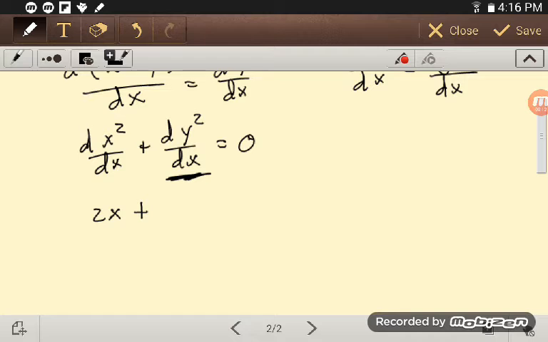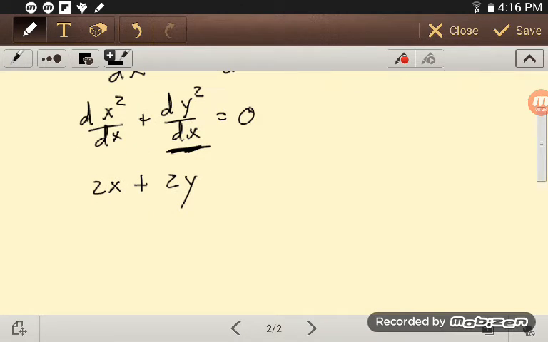Usually, if I were taking it with respect to y, that's just 2y. But then it is the chain rule, because y here is a function of x, so I need dy dx,